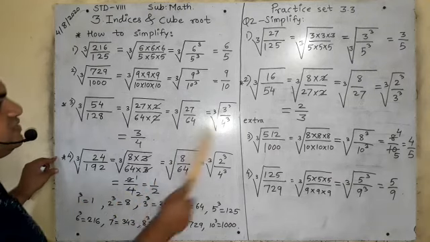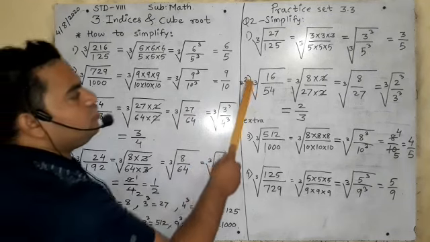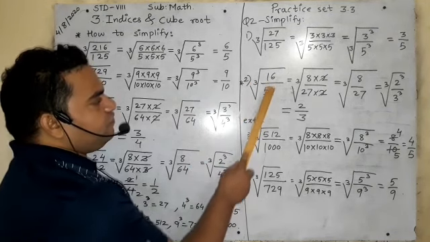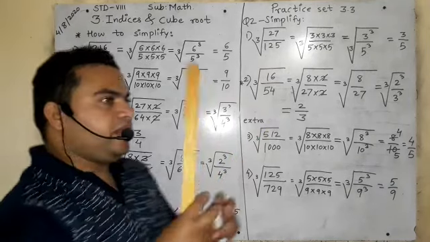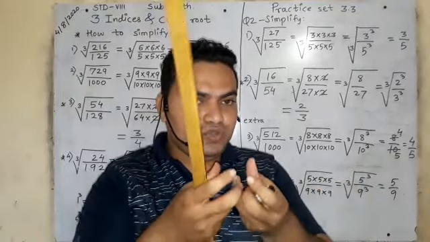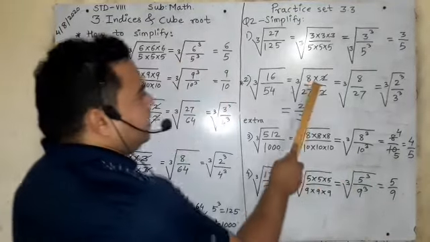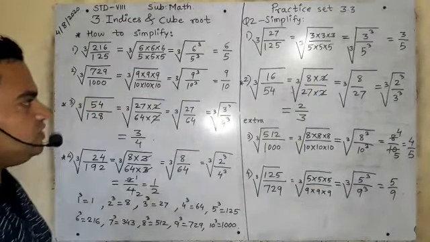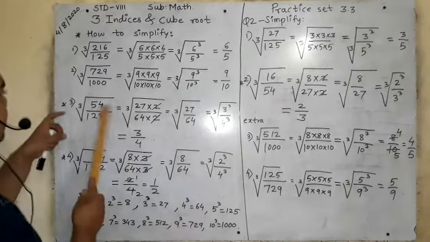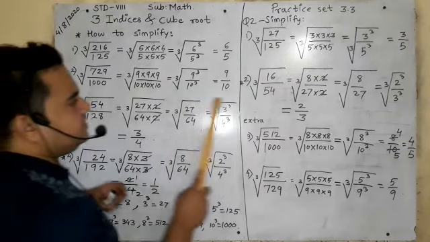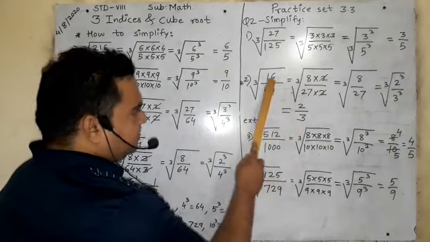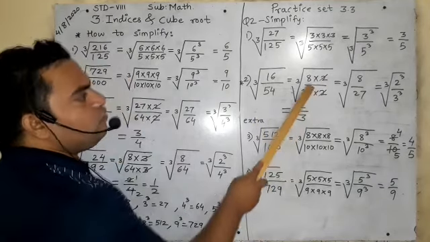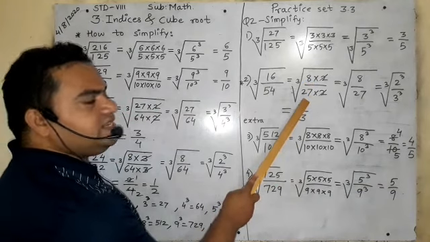Like this only. See this question number 2 also. Cube root of 16 upon 54. 16 is a cube, perfect cube? No. But can I multiply 8 twos are 16? I will expand it. Yes, you should expand it. You should factorize it. 8 twos are 16. And 54 you have solved here. Yes, 54, 27. So 27 twos are 54. 8 twos are 16. 2 2 will get cancelled. What will remain? 8 upon 27.